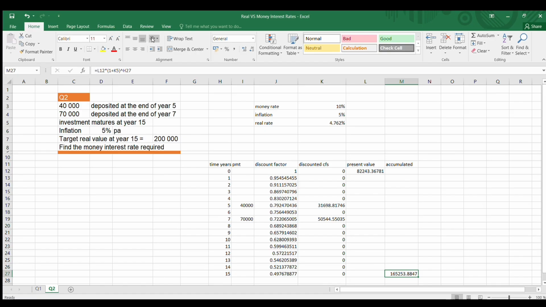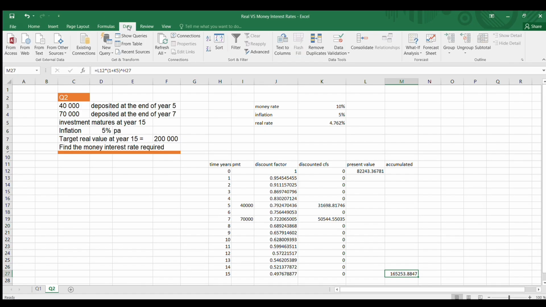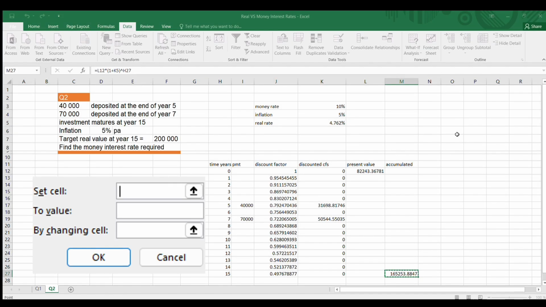So all you need to do is go to Data, right over here. After Data, you go into What-If Analysis, and then we tap Goal Seek, right? And in this case, we instruct what the Goal Seek needs to do. So Goal Seek is basically some sort of approximator, or it uses numerical methods to find a particular value of interest. So in this case, I specifically want to set this cell